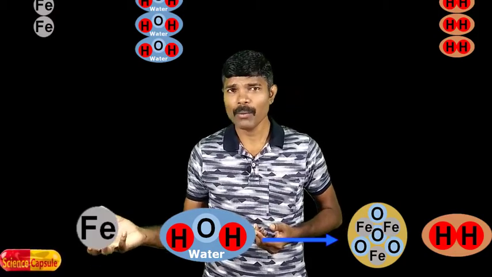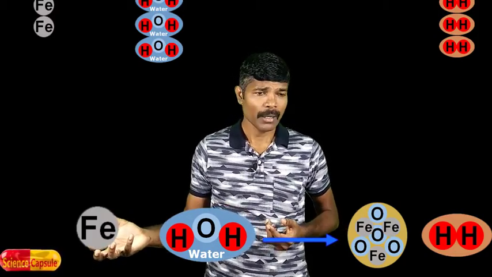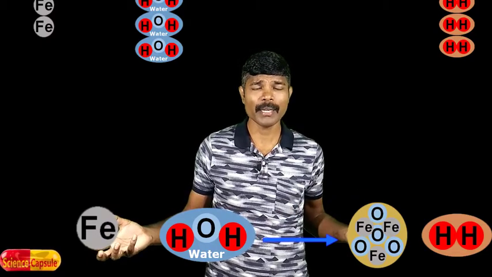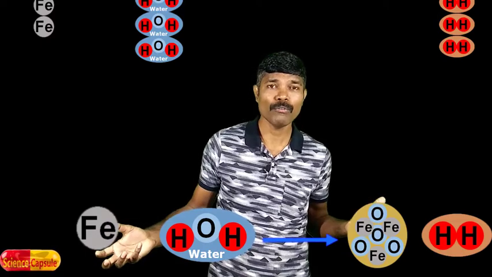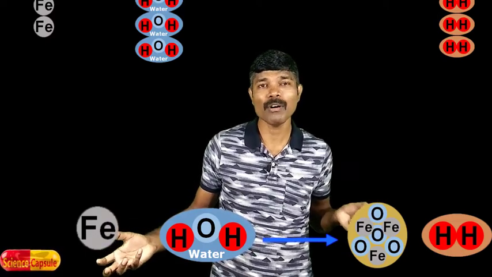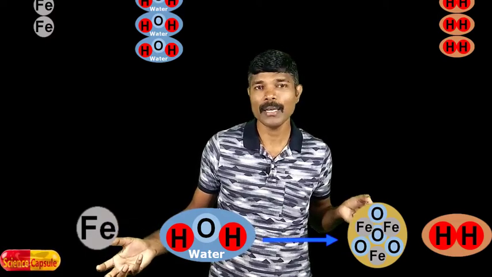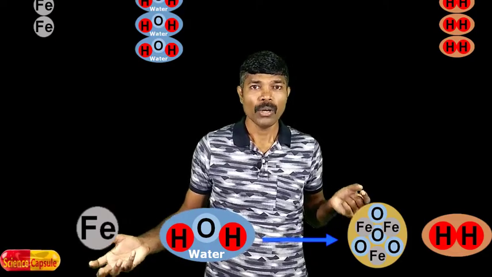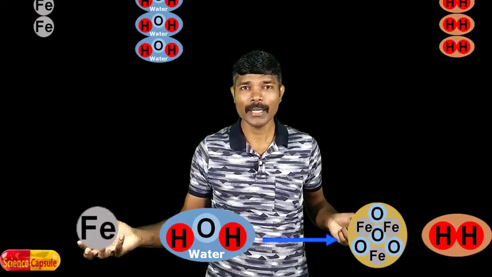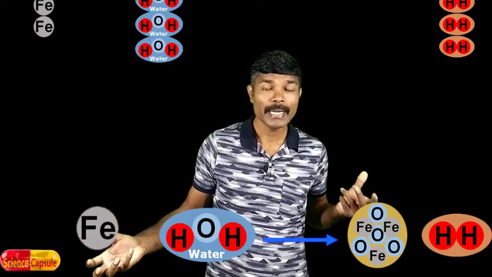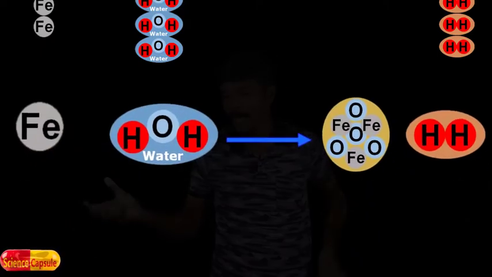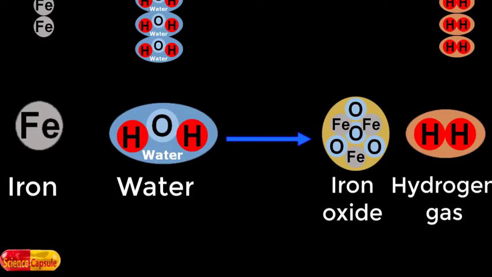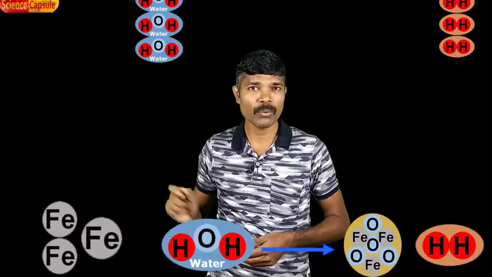Here, only one atom of iron is there. You have to look at the number of atoms of iron in the product. Here in Fe3O4, 3 atoms of iron are there in iron oxide. So the 1 atom of iron here cannot be reduced. Here 3 atoms of iron are there, so we can increase the number of irons. So I add 3 atoms over here.